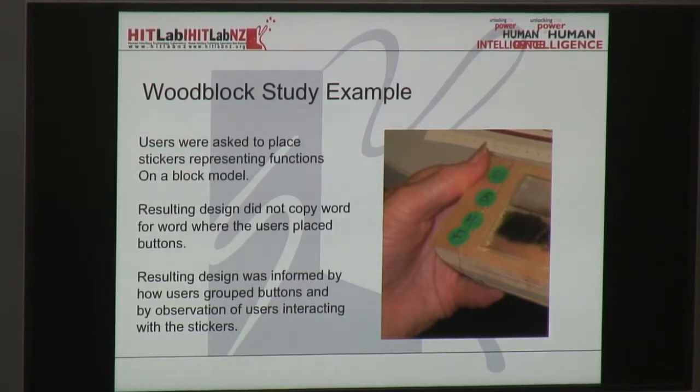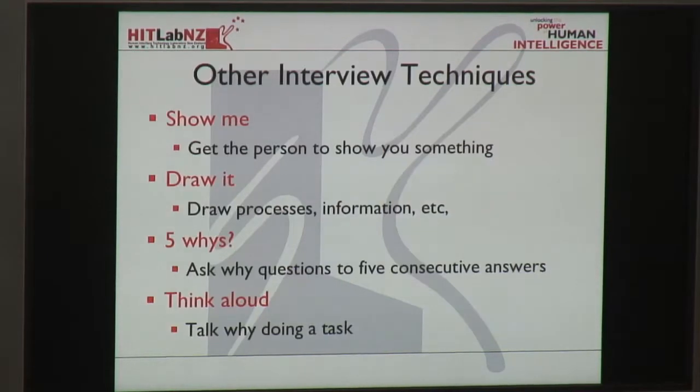So here's a picture of some of the stickers put on the camera, and then they took a photograph of that and took all the stickers off and gave it to the next person. So by doing that 20 or 30 times, they got an idea about where people were expecting the button to be placed for capturing the image. And so this is a good example of how you could use the user to inform the design. There's some other techniques as well.